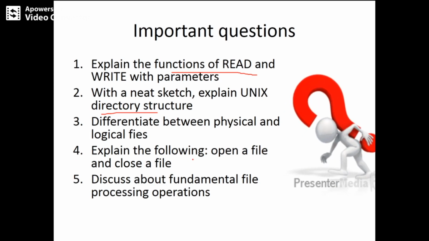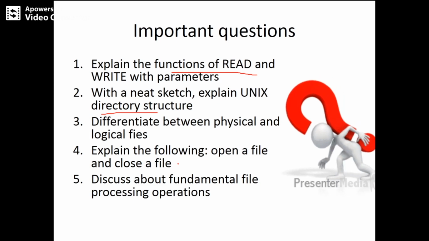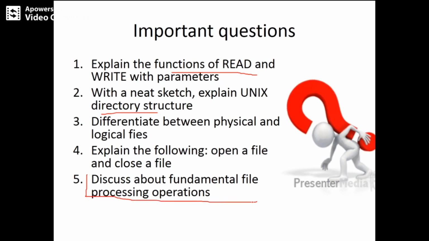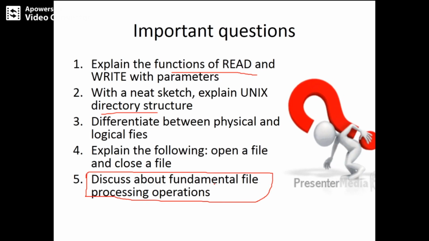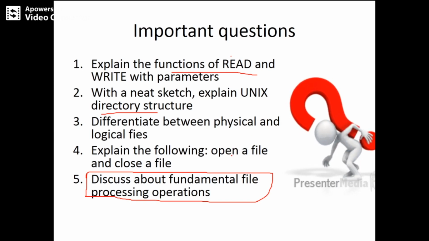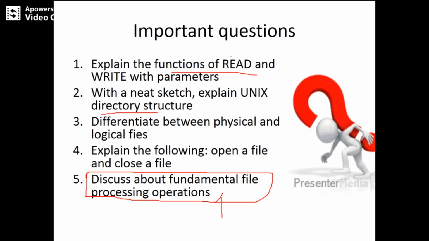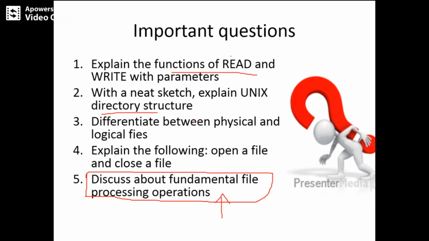Then explain the following: opening a file and closing a file. Then discuss the fundamental file processing operations; in that sense everything will come: read, write, open the file, close the file, then seeking, everything comes under this question. These are the important questions, and that's the end of chapter 2 in file structure.